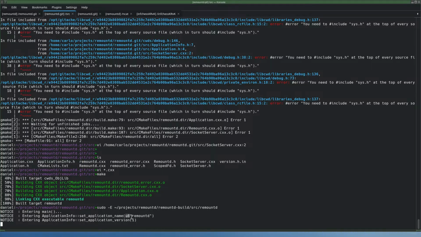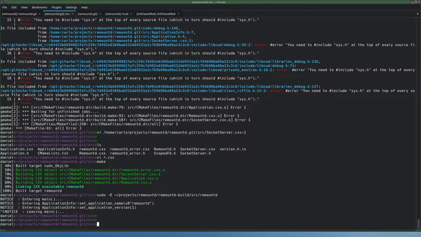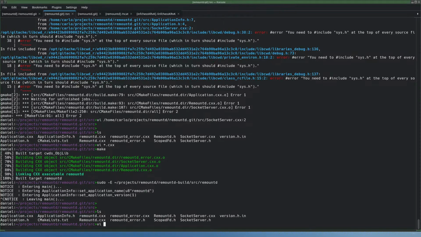So yeah, prints it like that. Application name set to remount daemon and then set application version to 1. That is 0.1 then. It is encoded. Yeah, I don't see a good reason to decode it there. We could do that, but well. That was this header.